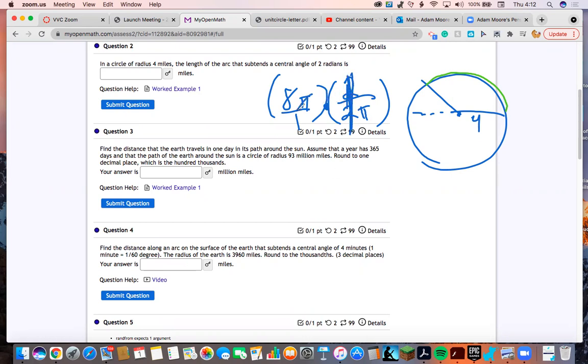The 2's are canceling, the pi's are canceling. Looks like we don't even need a fraction or a calculator on this one because everything canceled out. This is just 8 over 1 times 1. So we're looking at just 8 miles. I'm sure they did that on purpose, but anyway, I got a nice clean answer on that one. On the next deal,